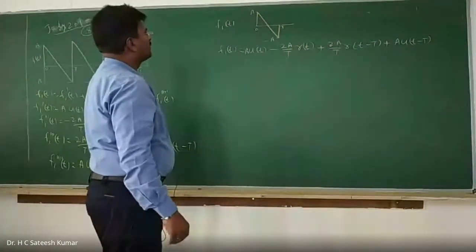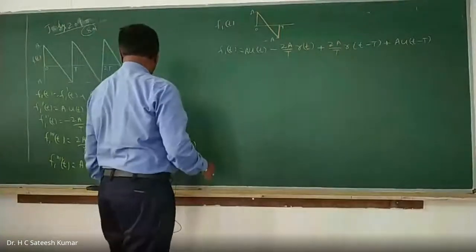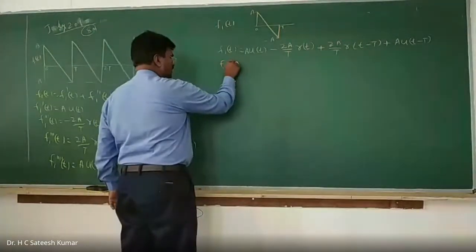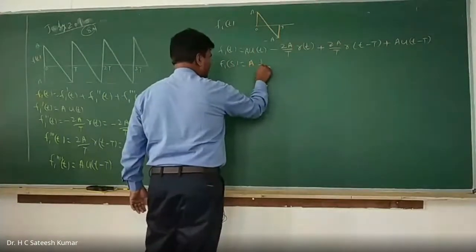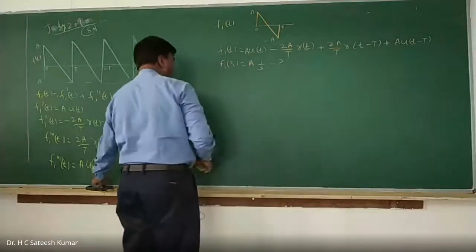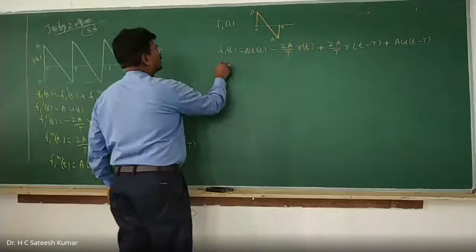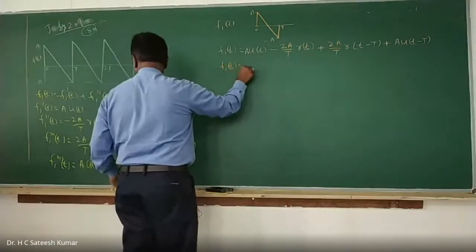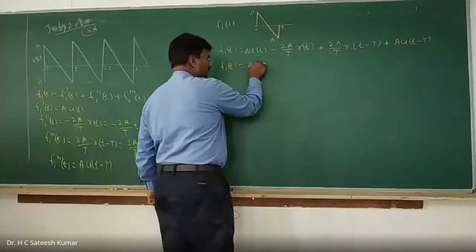Okay, right. f1 of t, we can... So now what is it that we have? Fourier transformation. f1 of s is equal to a by s, a into 1 by s minus... Okay, before that, sorry, I'll write it in terms of step first. Afterwards, I'll write it. Resubstitute those values, so change the values in terms of step. Everything should be in terms of step.